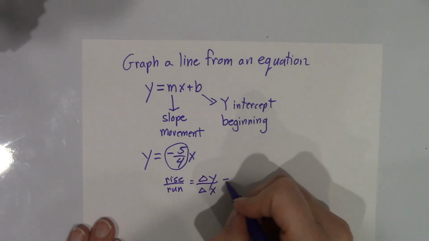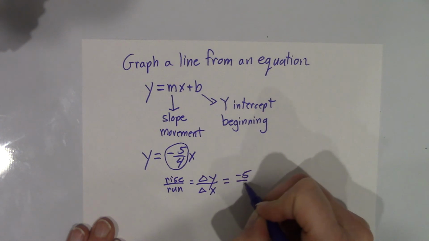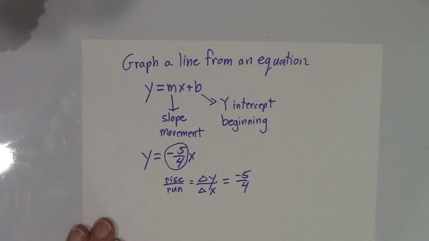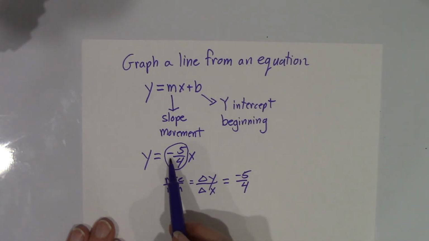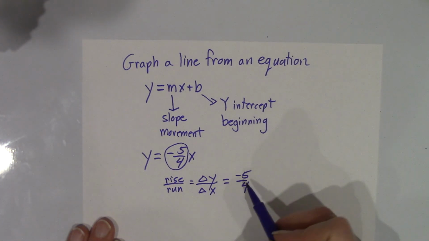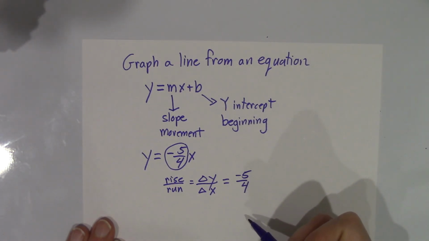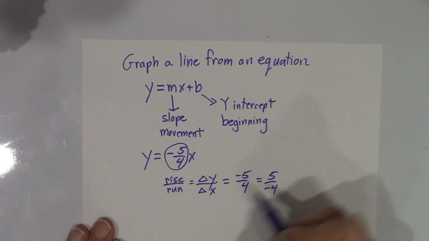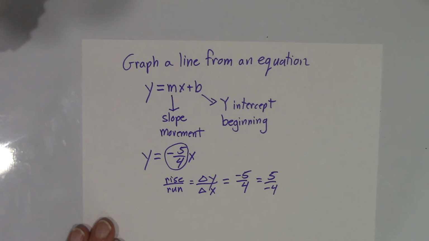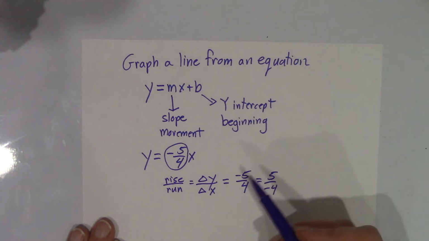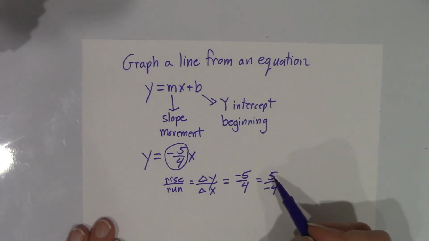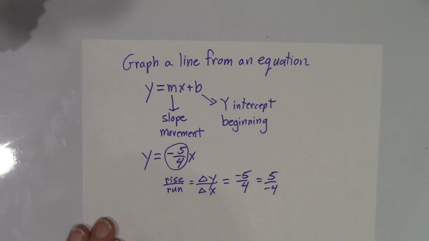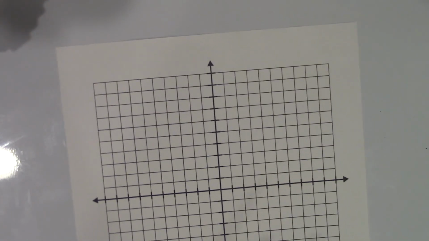So that's going to be -5/4. In this equation, the negative is written out front, so you could place it up here with the -5, or you can even place it down here with the 4. We will graph both and show you that those are equal, because a negative divided by a positive gives you a negative, and a positive divided by a negative also gives you a negative. So let's get a piece of graph paper